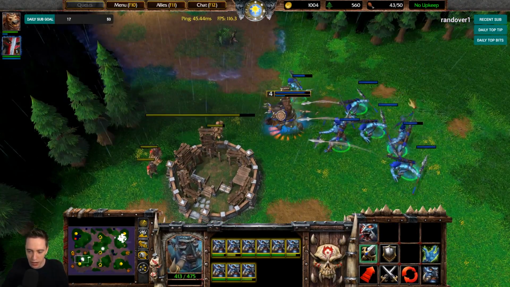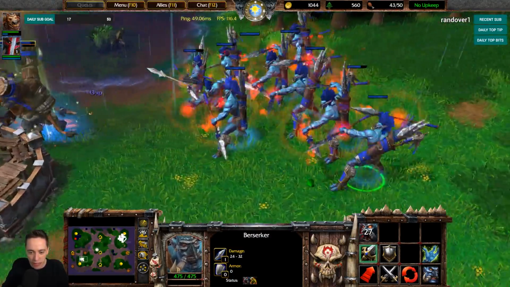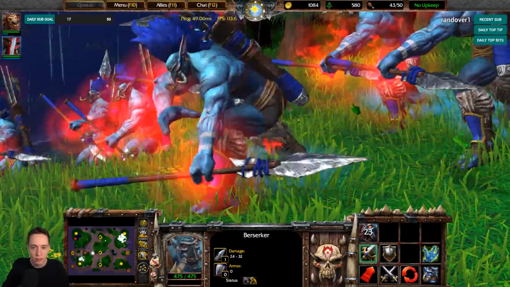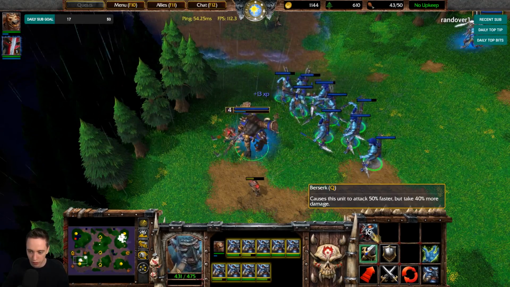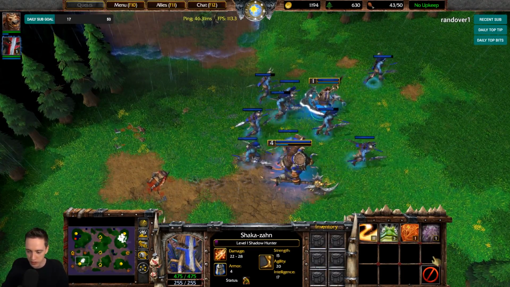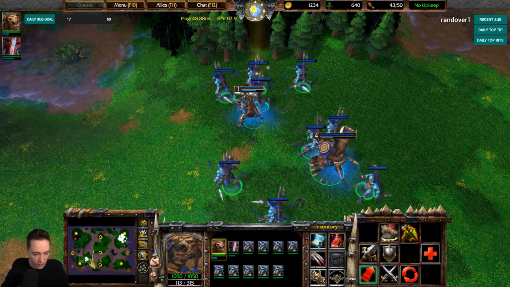Okay, so what you would do in a hypothetical game is hit that button, and it makes their hands nice and glowy. Look how pretty the game is. Pretty sick, right? Anyways, it makes their hands nice and glowy, and it makes them attack way faster. So 50% additional attack speed, but 40% additional damage, which is really sick. We could go ahead and get the Shadow Hunter into the mix as well and, you know, start healing units like that, but...